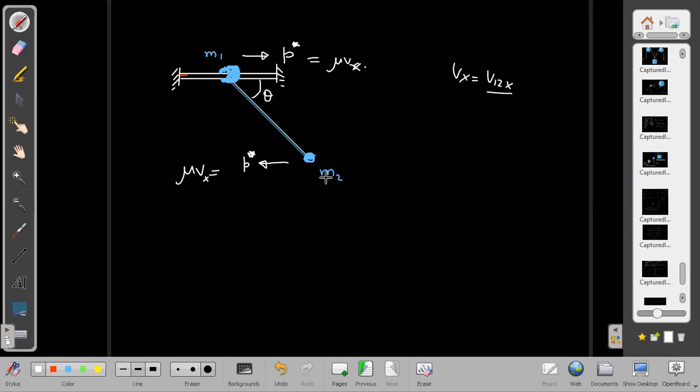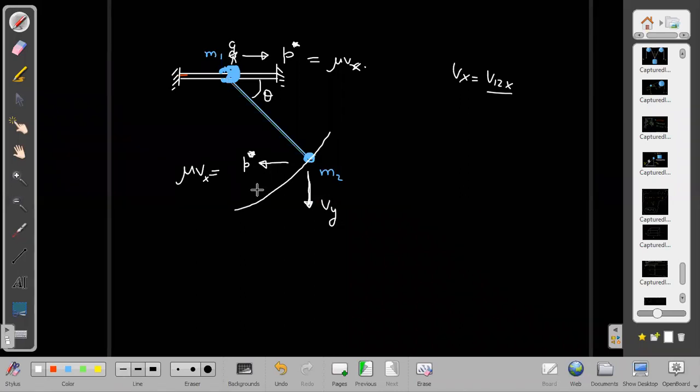Now, it also has an additional velocity in the downward direction, and I think you understand why it has a downward velocity also. Let us call that Vy. Will it have it? Yes, it will, because an acceleration component acts, the tension force acts on M2. So now we know one thing: overall, the path followed is circular. In which frame is it circular? In the frame of M1.